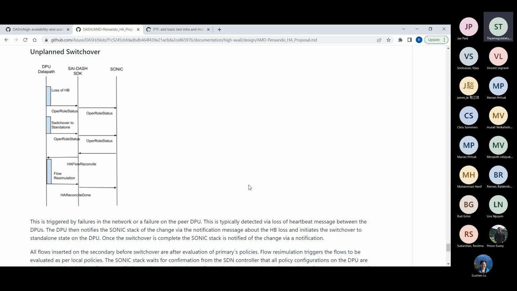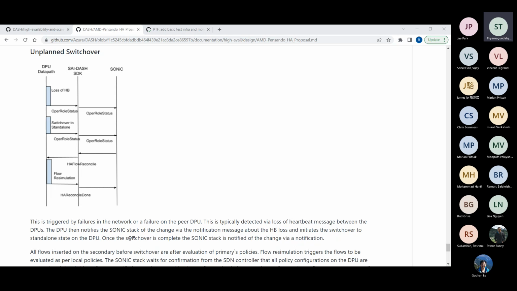We touched upon this in one of the previous meetings too. Both the nodes, the primary and the secondary, may not be in exactly the same state at any given point in time. The two might be out of sync with respect to configuration, because the configuration is done independently by the controller on both sides.